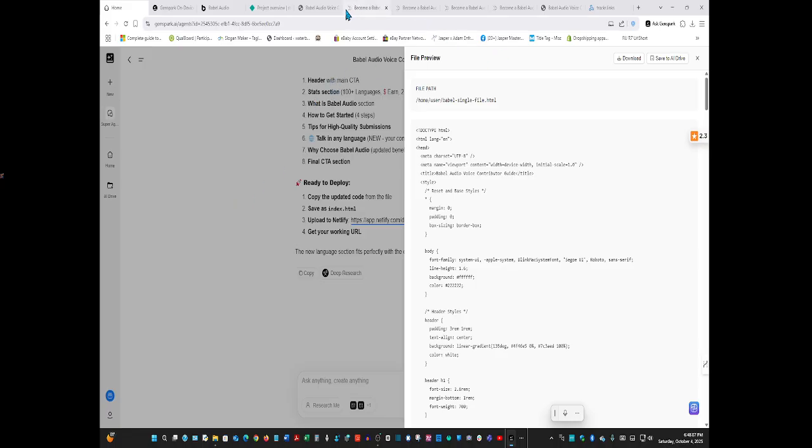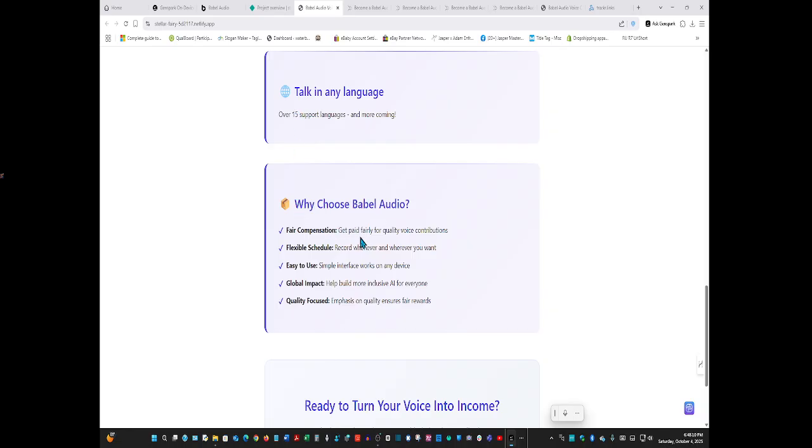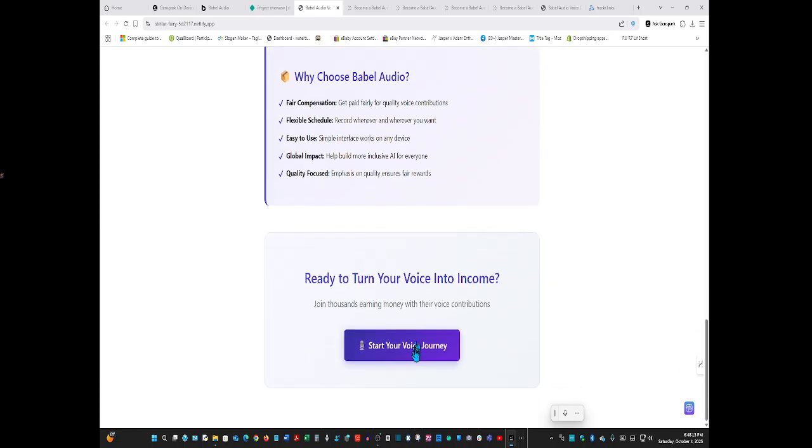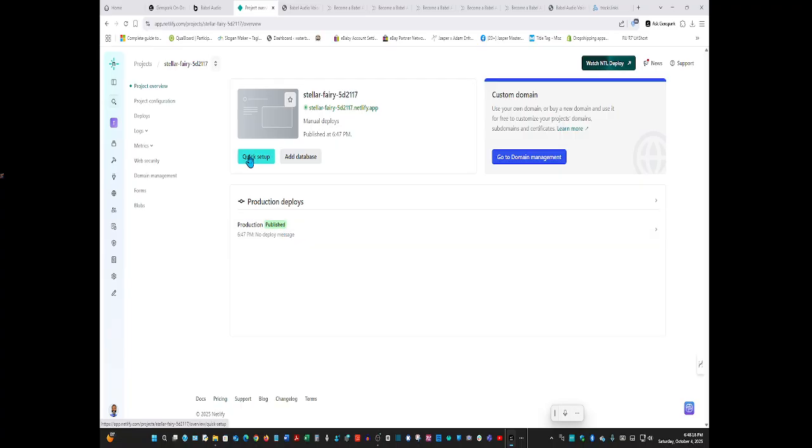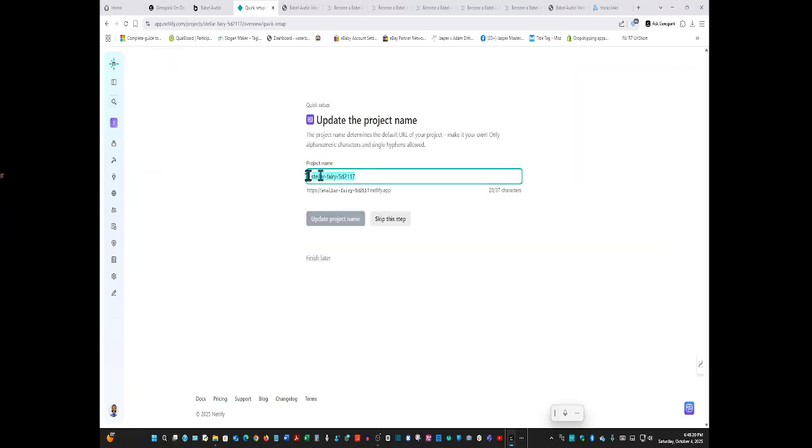I'm tired of doing this over. It says, let's say fair compensation, right, turn your voice into income. Opens in a new tab. We are good. Now, the cool thing about this is you can change the domain somewhat. You're still going to have the .netlify.app here, but they host it. I'm not buying a domain. You try to do as much free, at least I do, as possible. So you got up to 37 characters. Let's see if it's taken. Babel Audio Jobs.